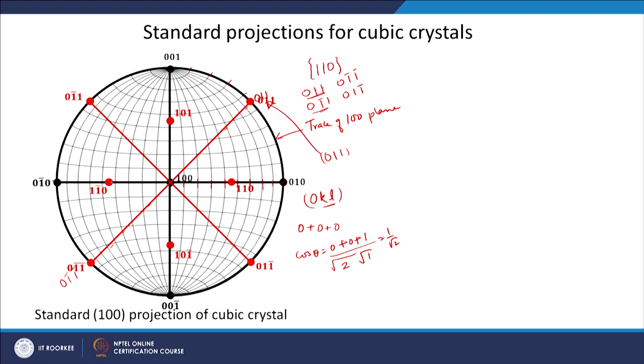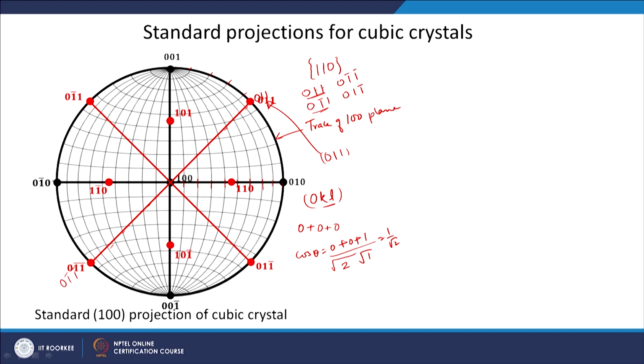Now, what are these lines? These are the traces of these particular poles. How can I find that? Suppose I rotate this 0 1 bar 1 such that I bring it here. Everything else will also rotate. Once I bring it here, what will be the trace of this 0 1 bar 1? It will be at 90 degrees: 10, 20, 30, 40, 50, 60, 70, 80, 90, and whatever great circle is going, which is this straight line, that will be the trace of 0 1 bar 1.